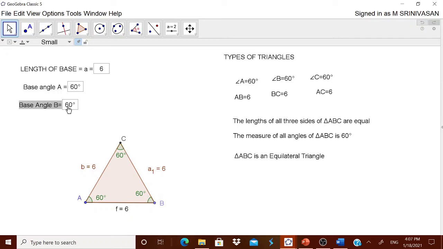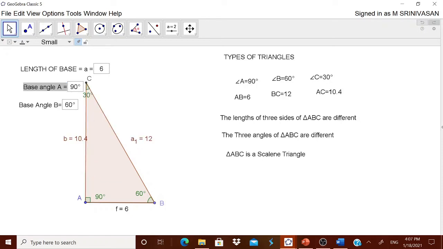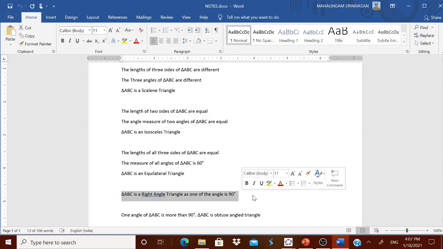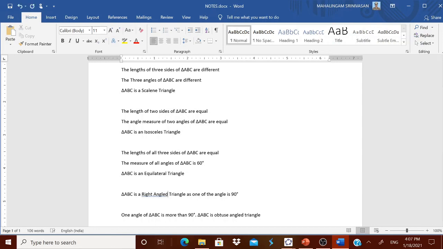We want it should be a right angle triangle. For it is very simple. You make any one of the angles as 90. Scalene triangle it will become. Definitely it is a scalene triangle. Now go for one more condition, that this triangle is a right angle. Therefore, ABC is a right angle triangle as one of the angles is 90 degrees. Anyway, I think it is left to you. One of the angles is 90 degrees, therefore it is a right angle triangle.